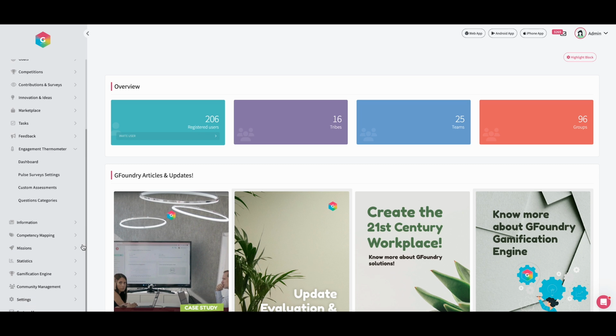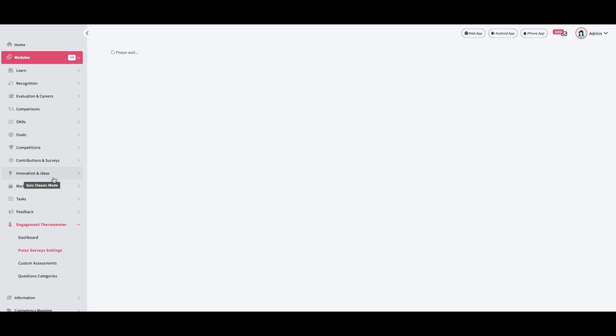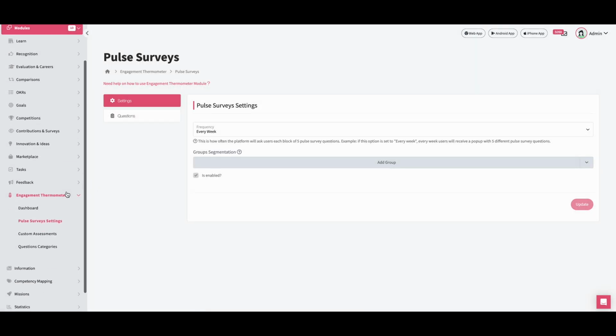There are two types of assessments that you can do with the engagement thermometer: pulse surveys and custom assessments. Let's start talking about the pulse surveys. So first of all, you can have pulse surveys with the engagement thermometer. We have a set of 130 questions already pre-made by the platform that you can display to your employees. On a scale from 0 to 10, they will be able to evaluate how they feel according to specific